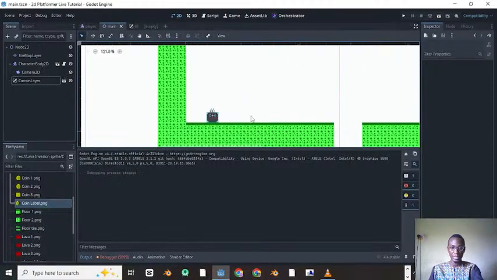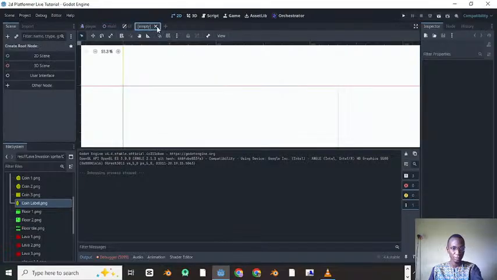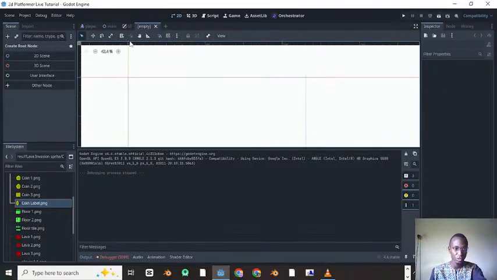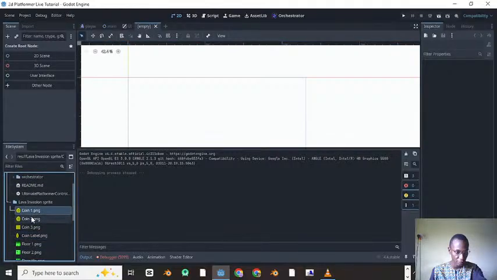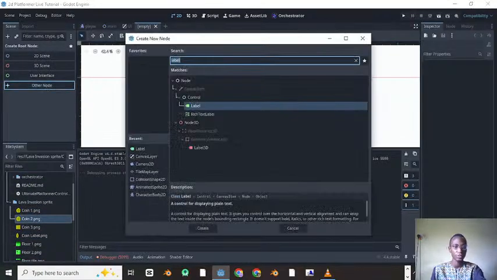So the next thing I want to do is to go ahead and make this game more vibrant. So I'm going to go over here to get my coins. So let me get my coins first. For my coins, I'm going to just click on Other Node and type